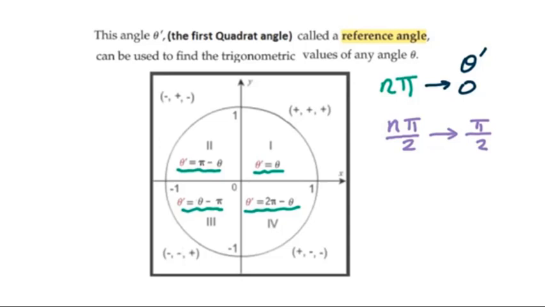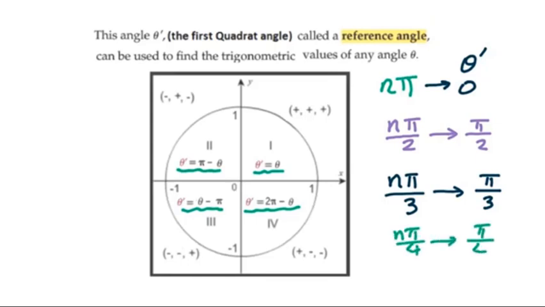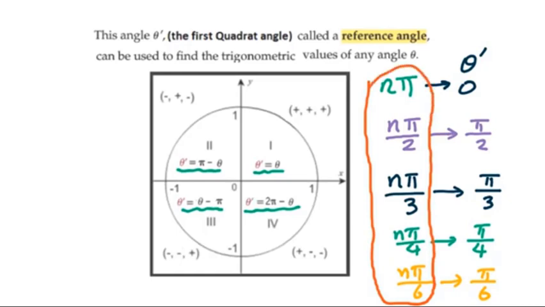If you have n pi over 3, then your reference angle will be pi over 3. If you have n pi over 4, then your reference angle will be pi over 4. If you have n pi over 6, then it will be pi over 6. All this angle I'm talking about is simplified. That's the pattern. Now let's go to